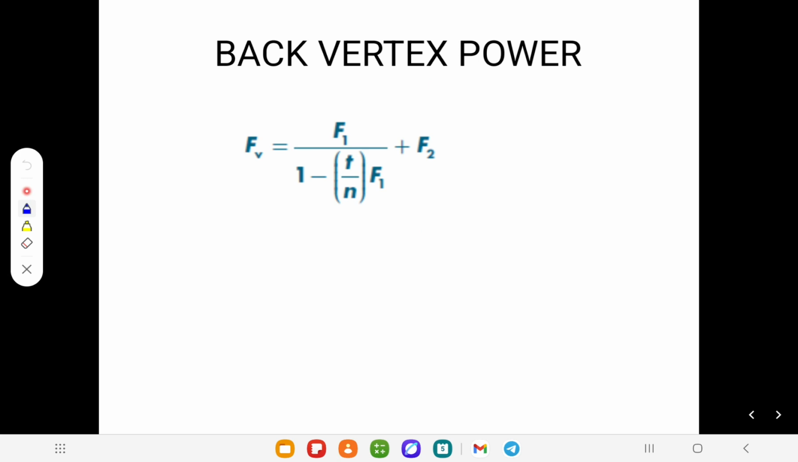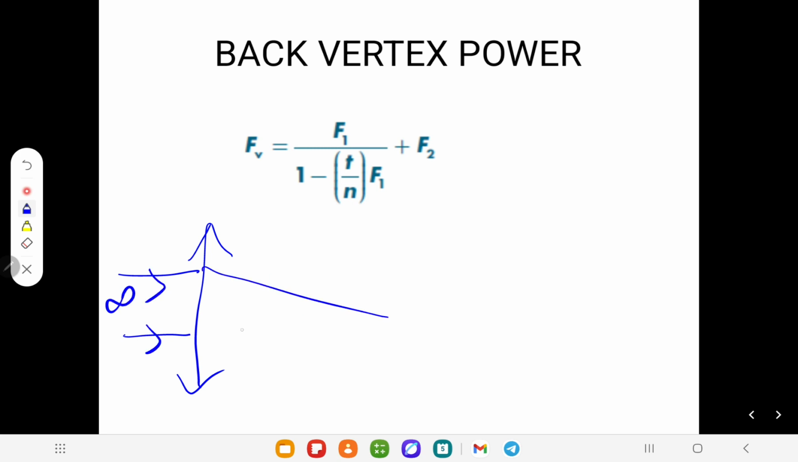Let me remind you of the concept of downstream vergence and upstream vergence once again, and then we will understand what is meant by back vertex power. Let's take an example. This is the lens. Light comes from infinity and focuses somewhere in between here. That's perfectly okay. If I want the vergence at point A, at point B, and at point C,